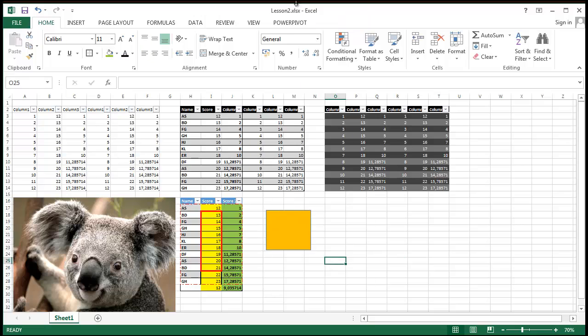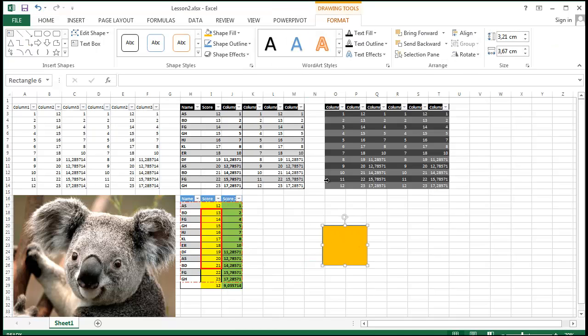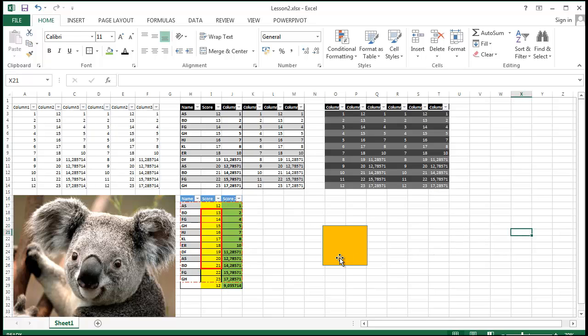Okay. What else can we do? Let's change the frame, because right now the frame is not very visual. To do this, you have to double click on the format,